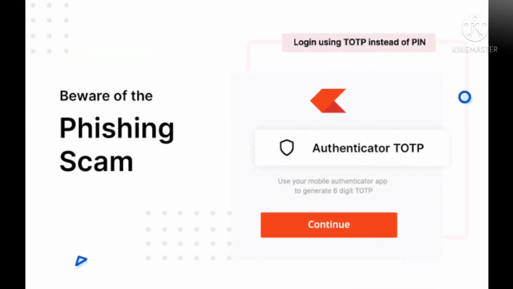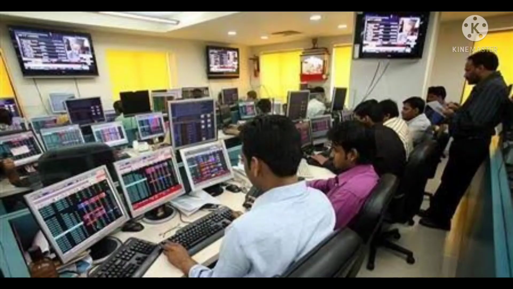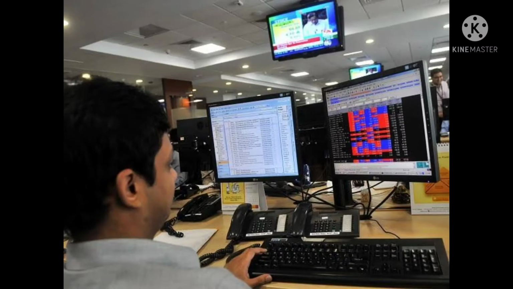Before that, we have to know about the phishing scam. Zerodha is always aware of this type of scam, so we are going to briefly look at it. Fraudsters set up phishing, which means fake websites. A phishing scam means fake websites that mimic the look and feel of the login pages of trading platforms offered by large stockbrokers. These websites are then sent out to unsuspecting investors through SMS messages, mails and other social media, with contact data stolen from various sources.